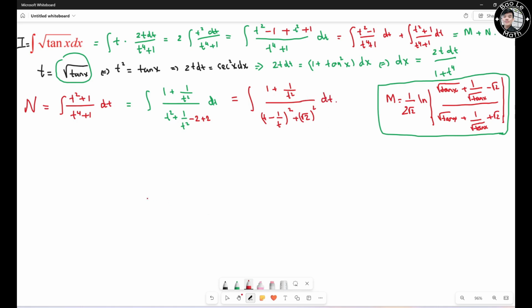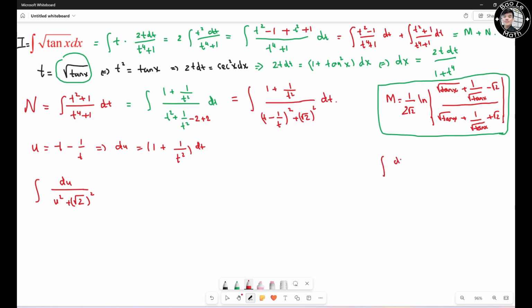dt, right? So we're gonna let u equals t minus 1 over t, then du equals 1 plus 1 over t squared dt, right? And then we substitute over here, so we have the new integral. It's going to be the integral of du over u squared plus root 2 altogether square, right? So we know that